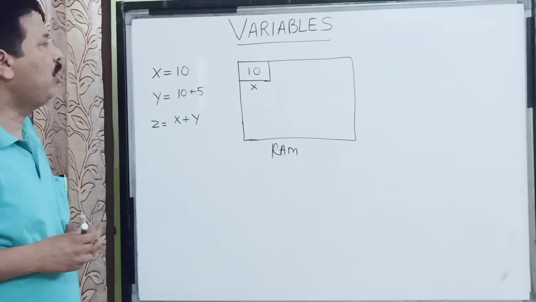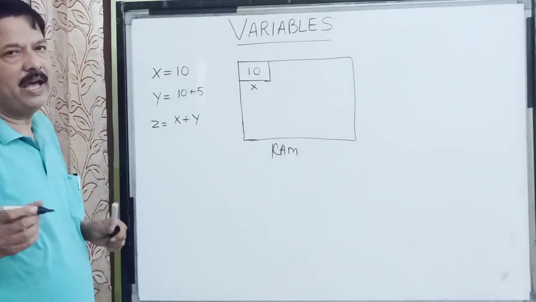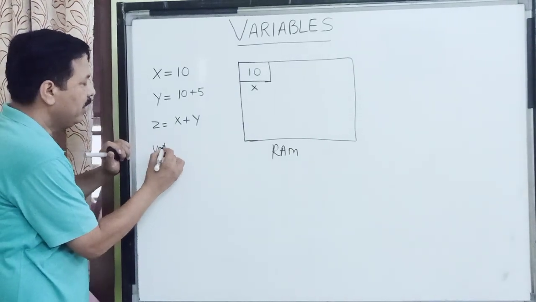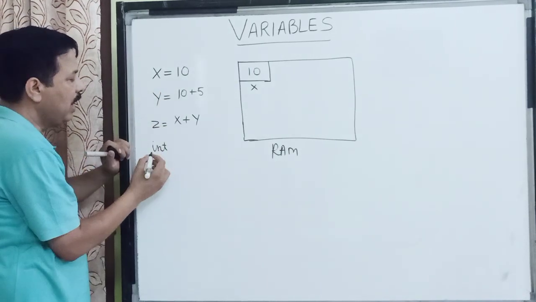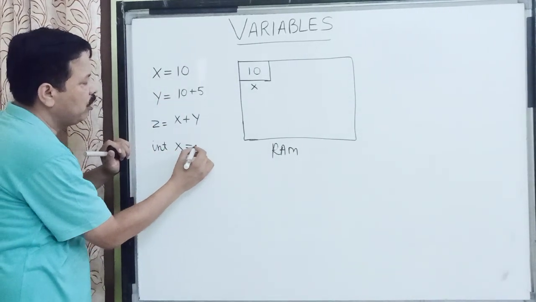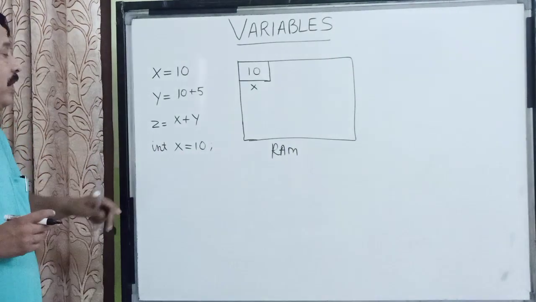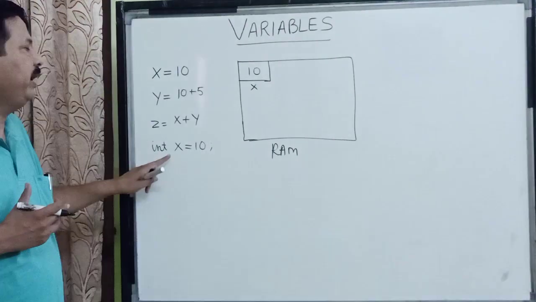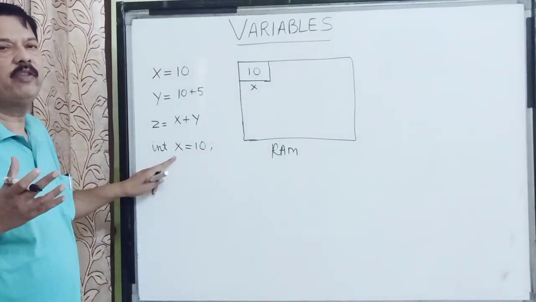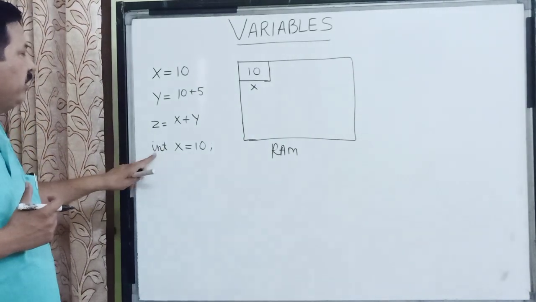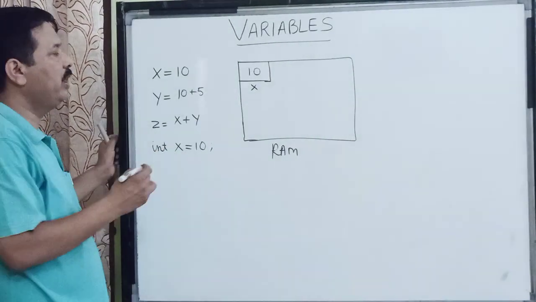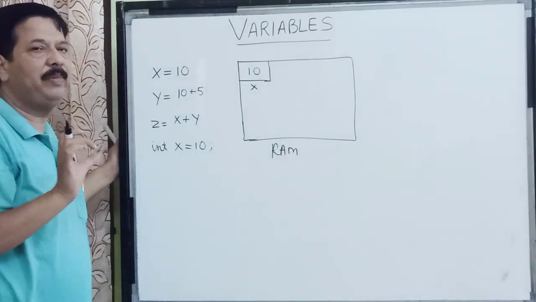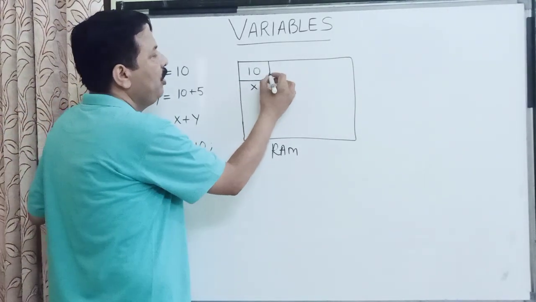Now children, when we talk about computers, when we declare or use variables, we have to use them with their data types. For example, if I want to use this, I have to use a data type, that is int x is equal to 10. That means I have declared this variable of type integer, and I have told you in primitive data types that the integer data type holds 4 bytes of data. So when I am talking about this variable of type integer, it is going to make this memory cell in the memory of the computer, which will be of 4 bytes.